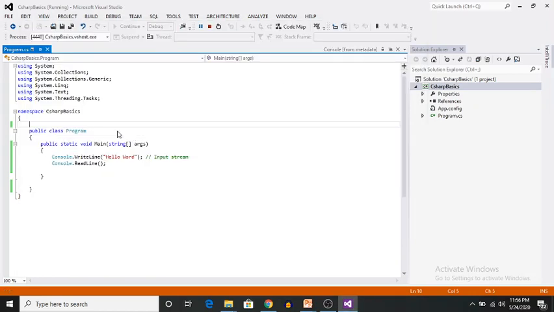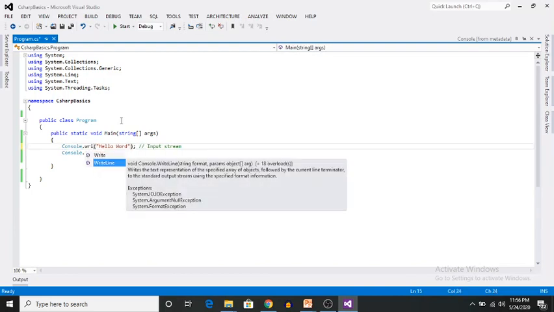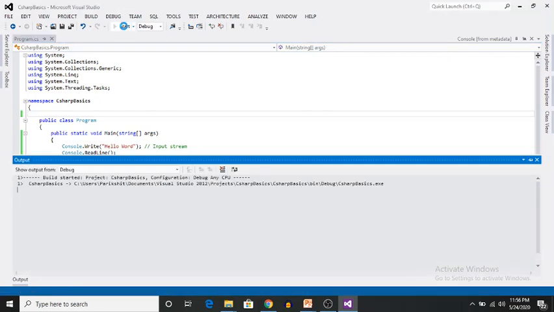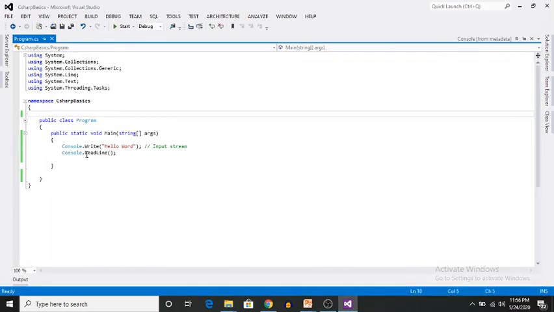What I need to do is make use of the method Console.Write. With Console.Write, the cursor remains on the same line. If you want to move your cursor to the next line, you need to use Console.WriteLine. If you want to keep your cursor on the same line, you need to use the Console.Write method. Write and WriteLine are methods of your Console class which belongs to your System namespace.